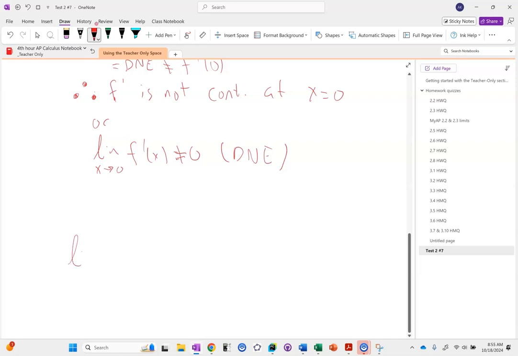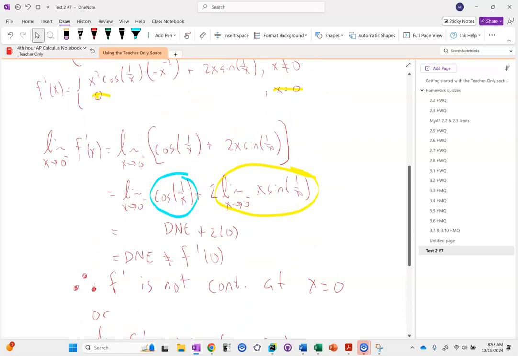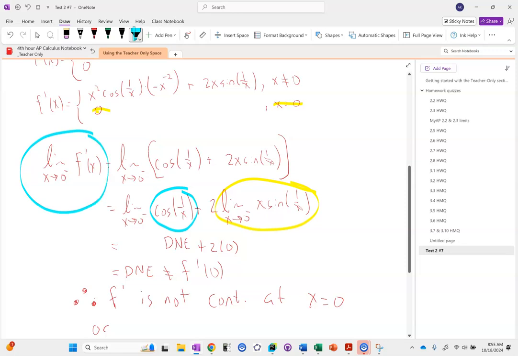And I know that we've gotten a little bit lax in looking at the limit as x approaches 0 from the left of f prime of x, and saying that that is like the same thing as the limit as h approaches 0 from the left of f of x plus h minus f of x all over h. Those two things are not necessarily the same. My example here being that my left-hand limit, or